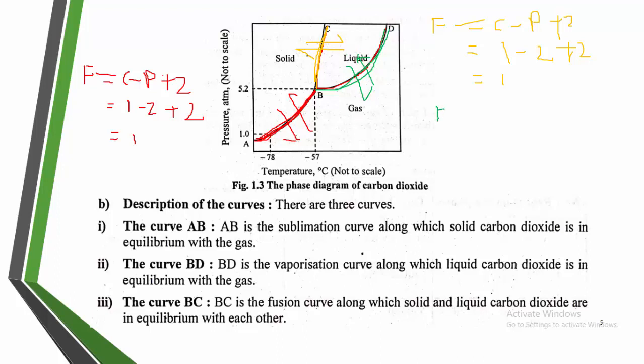Again we can calculate the degree of freedom, the same thing by using the formula C minus P plus 2. Again what will you get? You will get the same degree of freedom, only 1. How? The component is 1, phases are 2, and you will get the degree of freedom is 1. Means if I would like to find a state of equilibrium on this curve, you will always get the degree of freedom 1. That indicates that at least you should know one variable at that point, and then we can find out the state of that equilibrium.